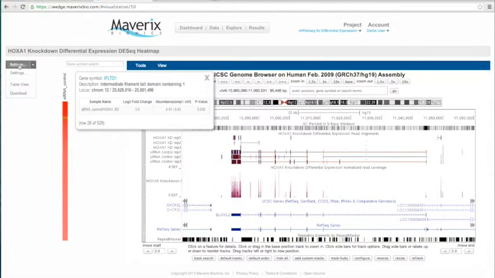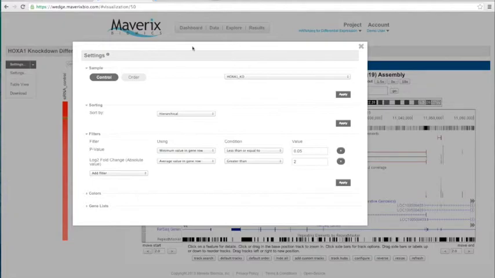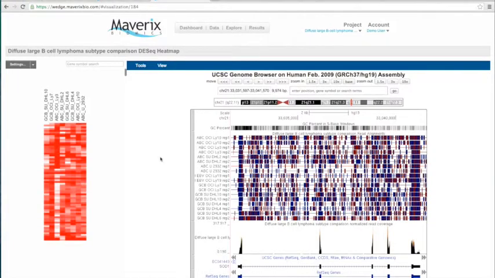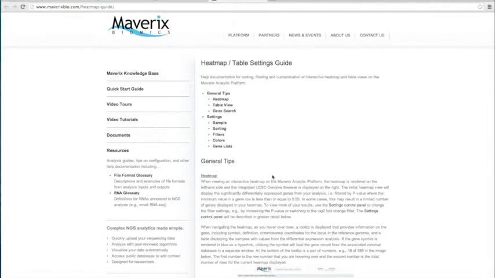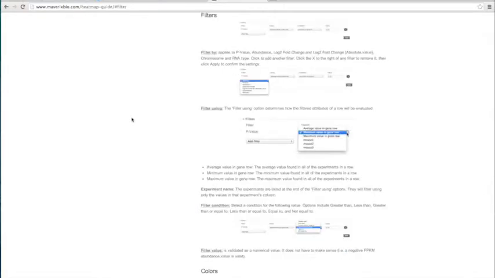So in order to show you some of the more settings that are available here, I'm going to switch over to a different heat map which has quite a bit more data in it and a lot more samples. And this will give you an idea of the sort of customization that you can do for the heat map. So if I open up settings, I wanted to show you one thing really quick. These little icons that are both within the settings pane as well as within the configuration panel when you're setting up your analysis will launch you into our knowledge base and provide some tips and guidelines for how to use the settings. In this case, you could jump over and take a look at how to filter your heat map,